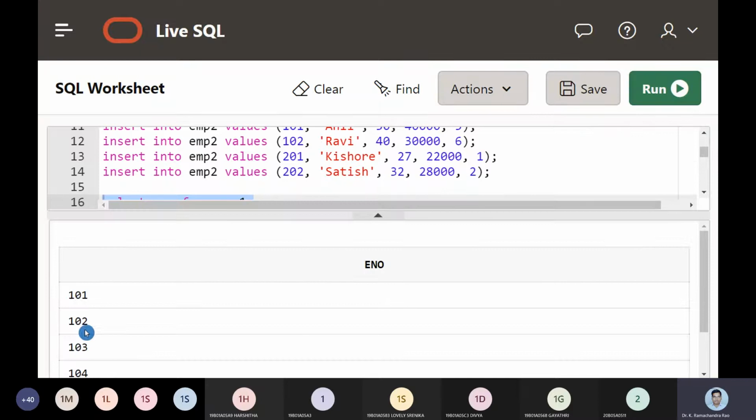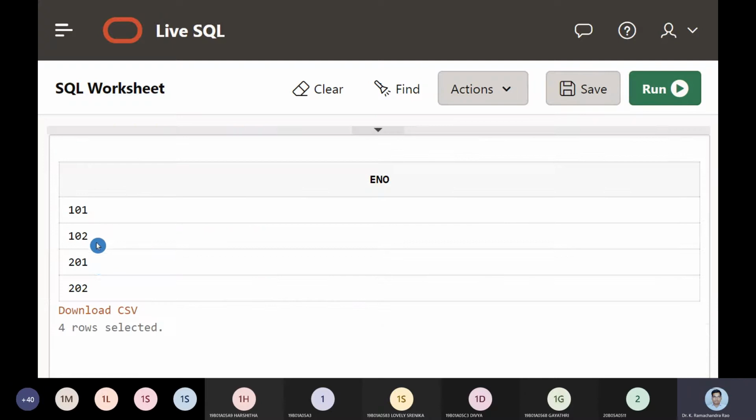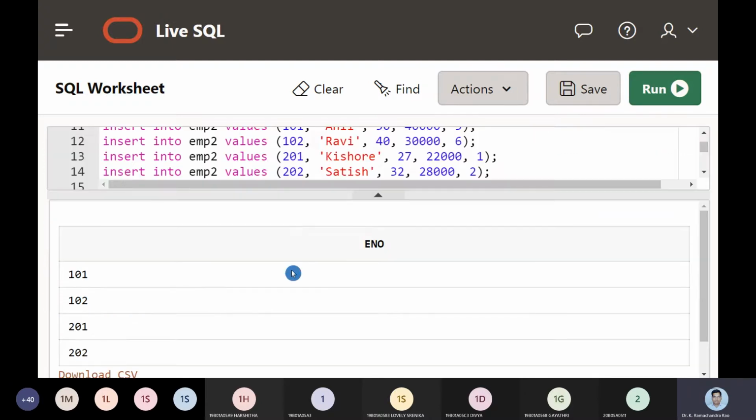So you can see 101, 2, 3, 4 are taken up. Next, we are going to have employee number from the employee 2 table. So I'm running here. Again, you can find 101, 102, 201 and 202. There are 4 records at this point of time.